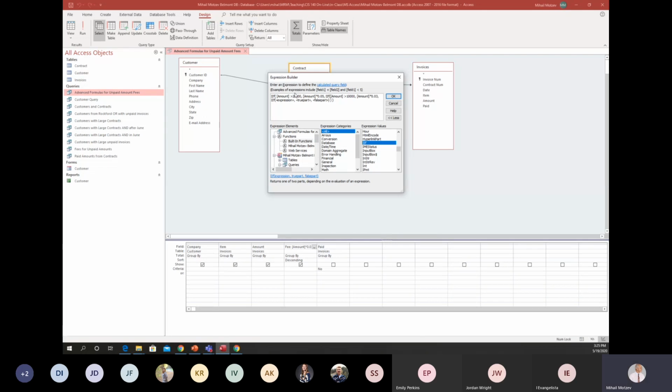Okay, so we have first if, then else. If unpaid amount greater than $20,000, then the fee is this amount times 5%. If less than $20,000 but greater than $10,000, the fee equals unpaid amount times 3%. If less than $20,000 and less than $10,000,